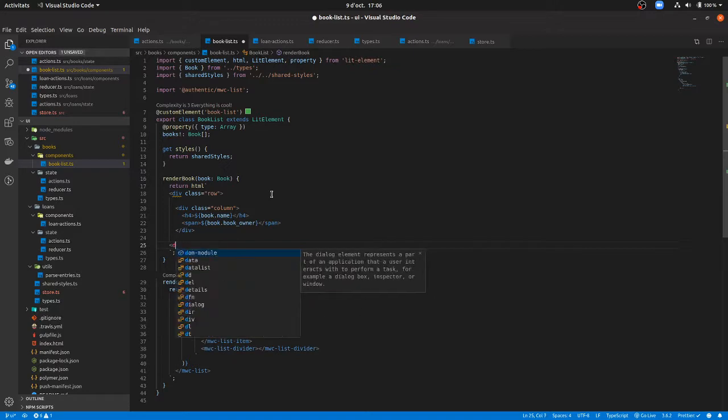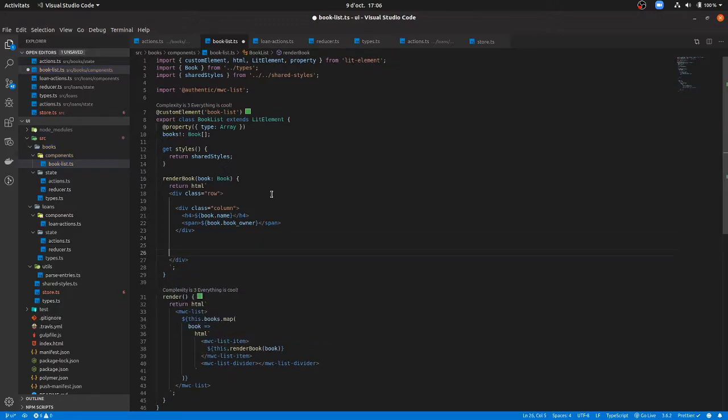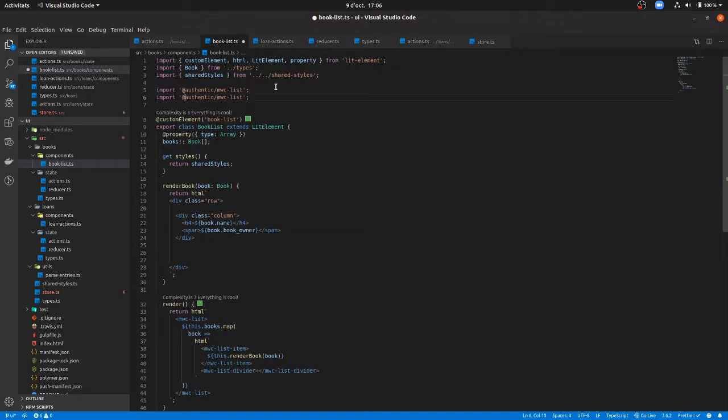And in this row, what we will have is a button. And that button, which will be raised and have a label of request loan, will throw